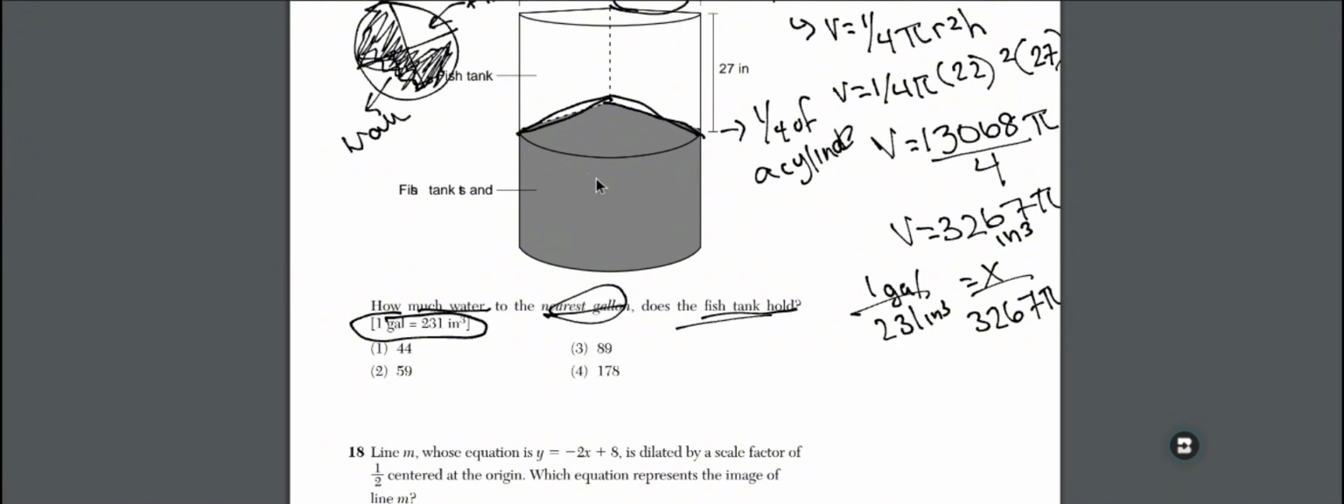Okay? And then what I want to do is I'm going to apply this right here. It says, how much water to the nearest gallon does the fish tank hold? So this is my fish tank. My fish tank is in inches cubed. So 1 gallon is 231 inches cubed. I like setting up my ratios. It makes it easier for me. So when I set up this ratio, what I'm going to have to do is 3,267 pi divided by 231,